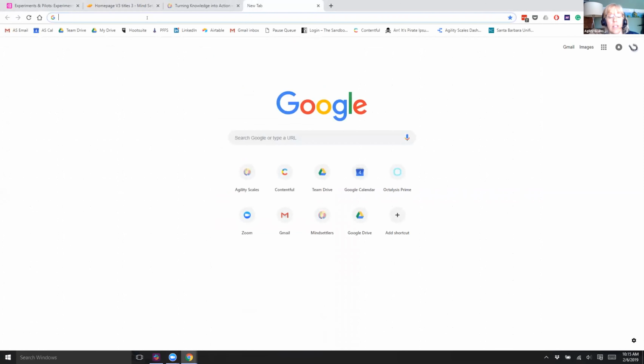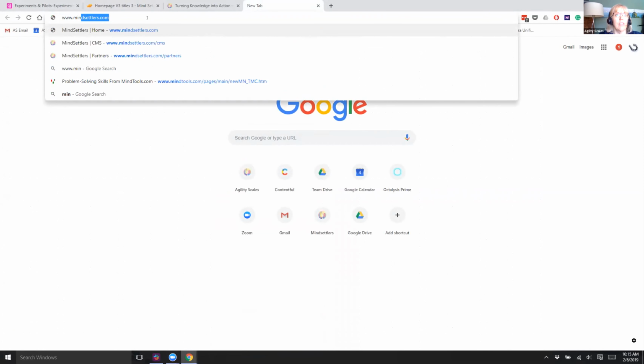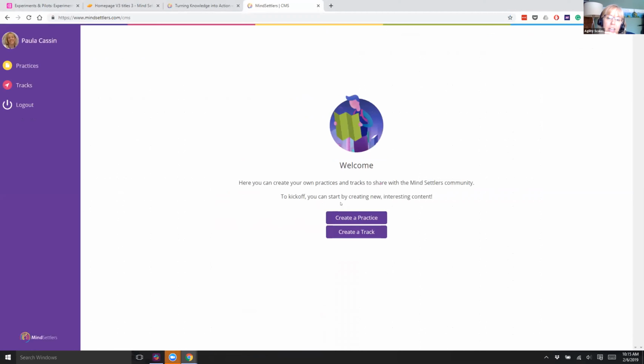Great. And the other piece that we have done is that we've created the first version, which is not completely finished yet, of the authoring portal. So you can create content yourself. If you create content in here, it will be semi-private. It will be unlisted, that's the best word. You'll be able to access it under your profile. It'll show up as practices or tracks under your profile. You'll have a URL to a public version of it,